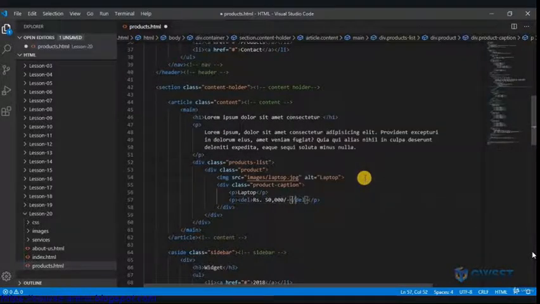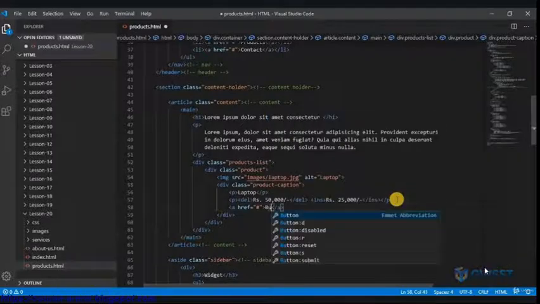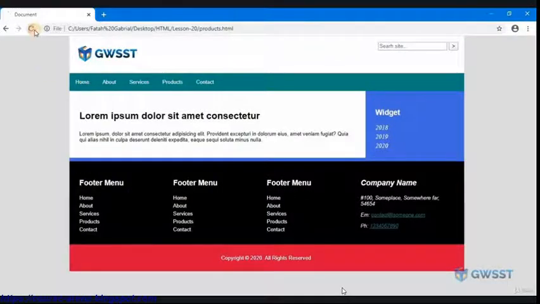Okay, and now we have a new price, that is INS, and that is 25,000. Okay, next I need an anchor tag, and here I'll give this as buy now. Let me save this. So if I go back to my browser and hit refresh, you can see this is my product,